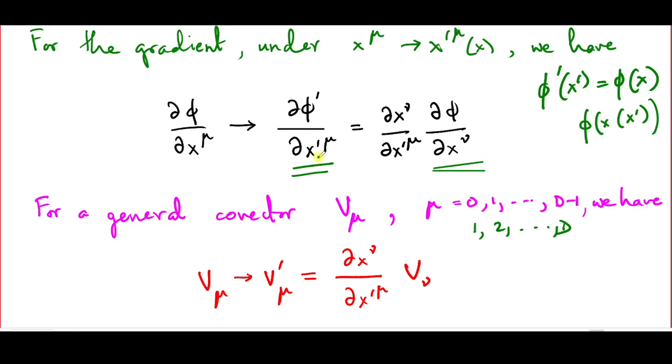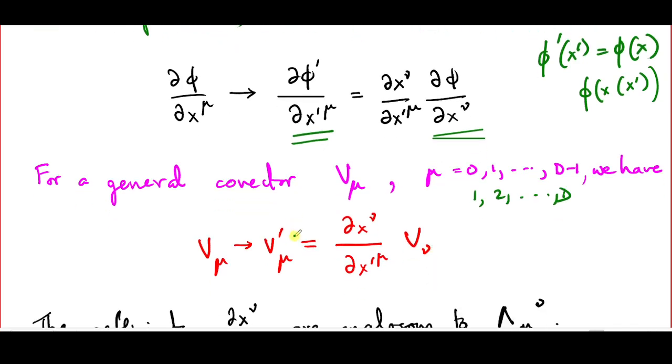So for a general covector, the transformation rule will be V_μ goes over to V'_μ, which is ∂x^ν/∂x'^μ times V_ν. Note once again that for a covector at a point, these derivatives are actually evaluated at that particular point P,